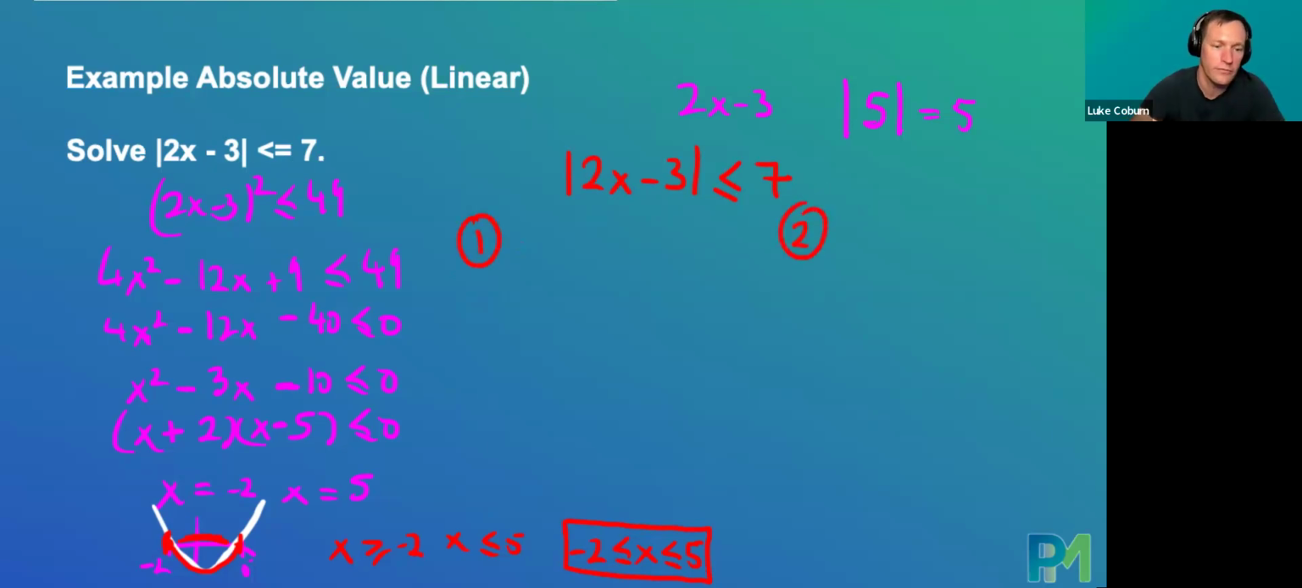Now, the first scenario is where 2x minus 3 is greater than 0. What does that mean? That means that whatever is underneath, inside of the modulus, is already positive, in which case we can say that 2x minus 3 is less than or equal to 7. We could just simply drop the